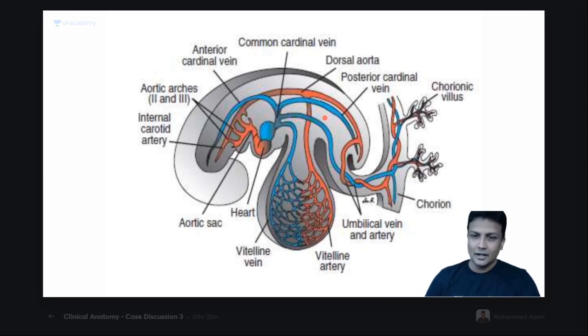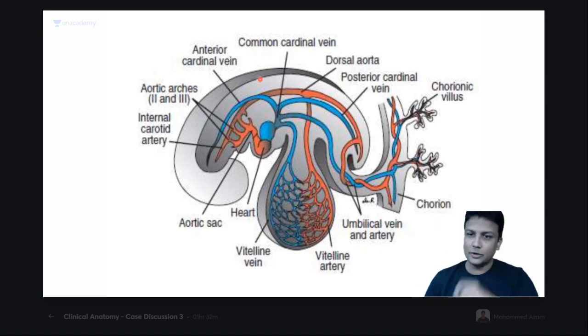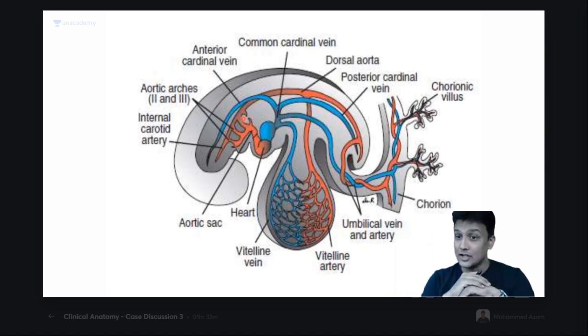Now on the screen you are able to see the diagram of the embryo. In this diagram of the embryo you are able to see this part here. This is nothing but the developing heart, the cardiogenic region. The heart is forming there, and apart from that you can see it is connected to the dorsal aorta with the help of these arch arteries, the pharyngeal arches. You'll have all six pharyngeal arches with the arch arteries.